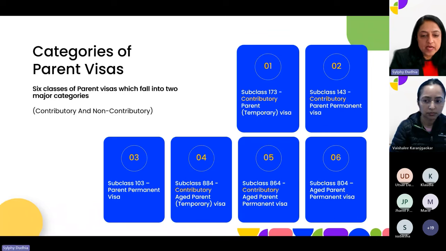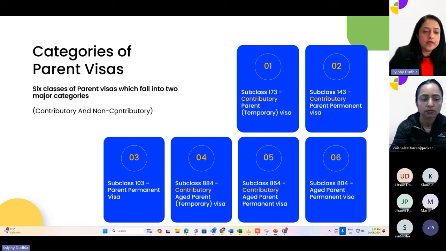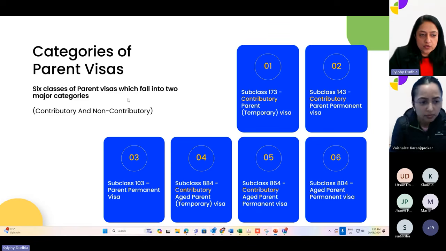Hello, everyone. My name is Sylphy and I'm a registered migration agent at Aussizz Group. I'm located in Parramatta. In today's session, I will provide you with the information on parent visa. I will cover who is eligible for the parent visa, the requirements of sponsor, balance of family test, and health and character requirements. So here, if you see, there are 6 categories of parent visa, which fall into 2 major